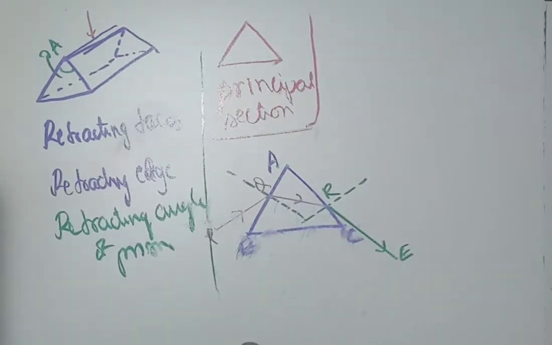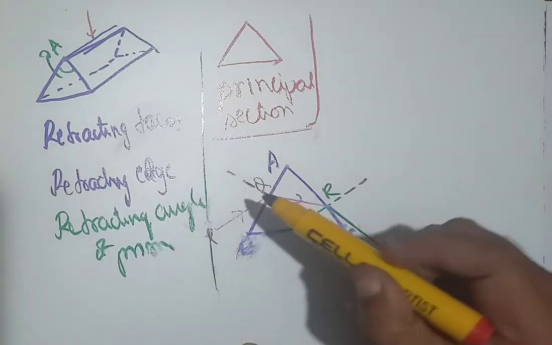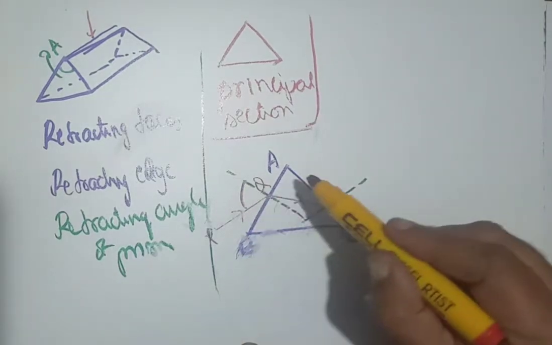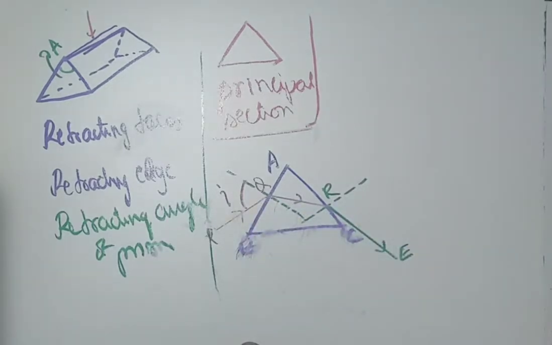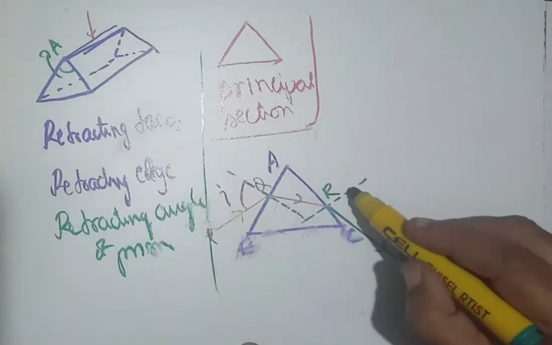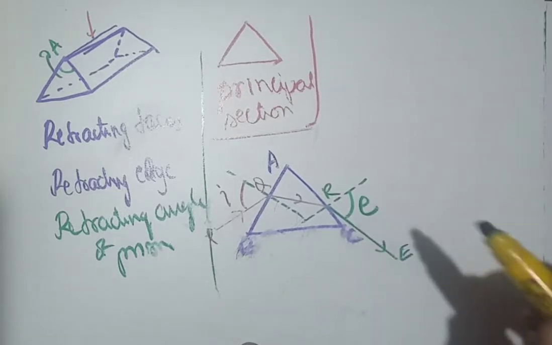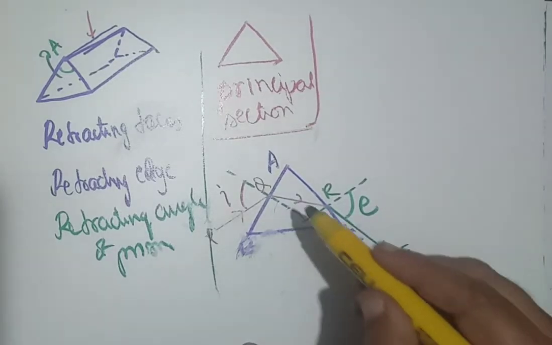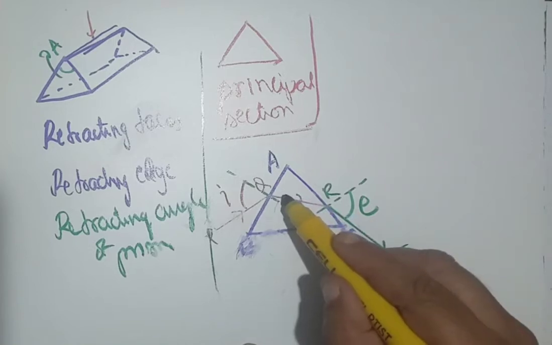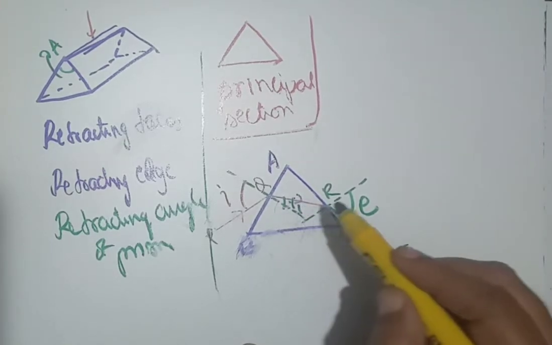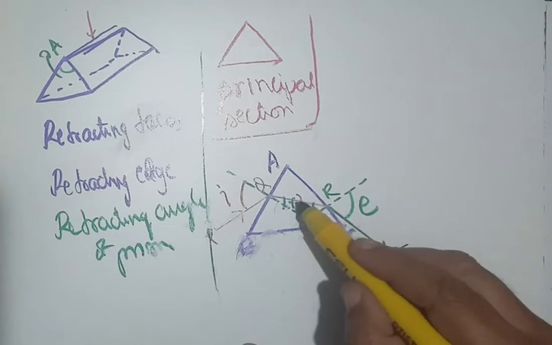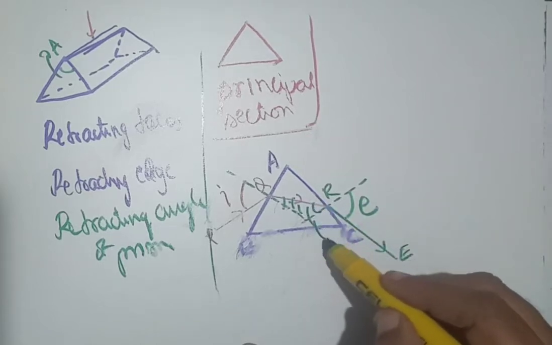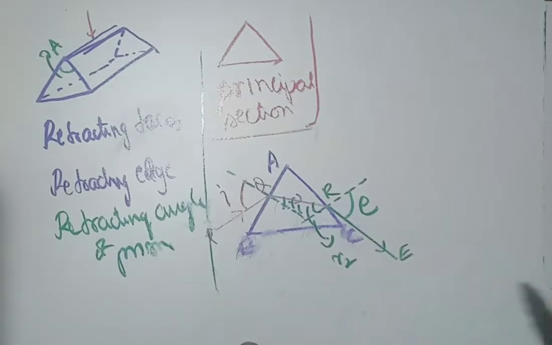Now we write the angles there. Angles, what we have now. This angle, PQ makes with the normal is called as angle of incidence, and the angle made by the emergent ray with the normal is called as angle of emergence E, and this angle, QR, made with the normal is R1, and this angle QR made with the other normal is R2. This angle is R2 there.